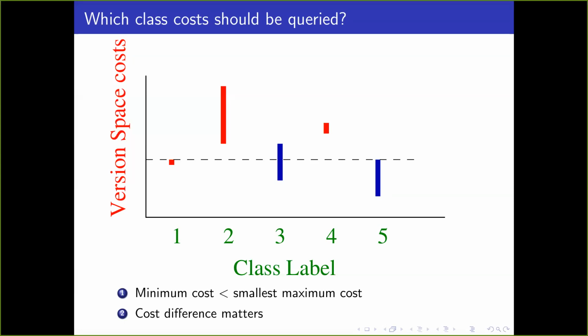So we're calling this COLE, for cost overlap active learning. Okay, so this is the essential rule. For an individual example, you see what the smallest maximum cost is, and then you ask which labels have a minimum cost amongst the remaining set of regressors less than the smallest maximum cost. And then you ask which of those actually will get any information when you query.